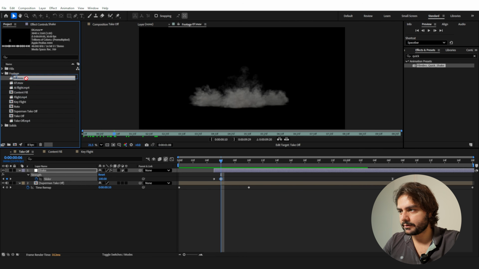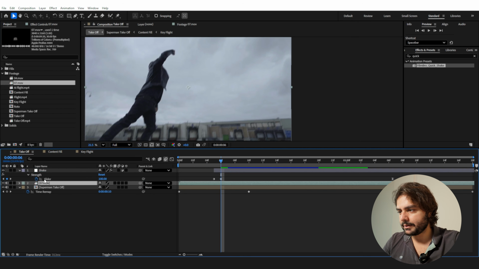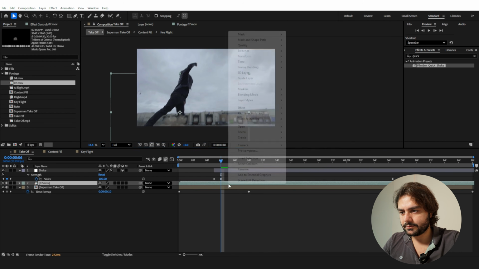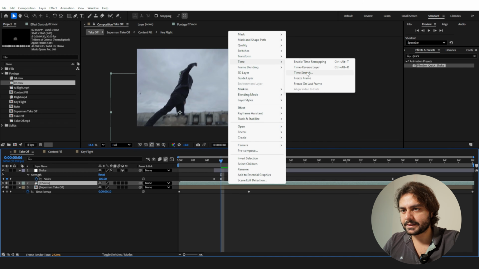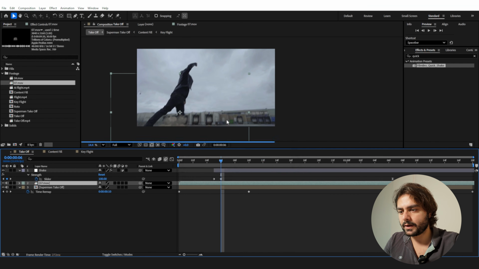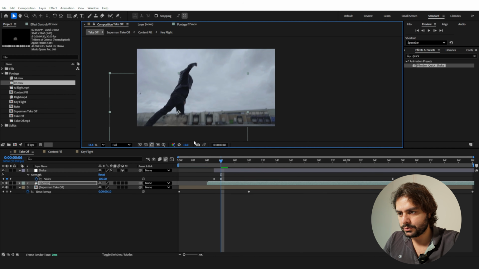And I'm going to drag the 07 in my clip just below the shake, and I'm going to place it in here, right click, and then go to Time Stretch. And I'm going to speed it up like by 4, so I'm going to set this to 25 and then click OK. And go a little bit back. So we do have some